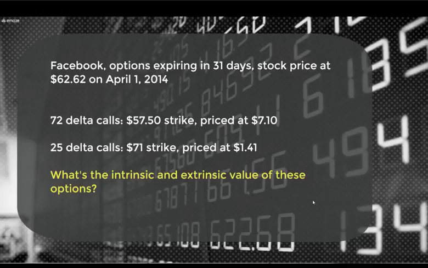But if we look and we combine these, what do you think the intrinsic value of these options would be? So the 72 delta, what do you think that intrinsic value is with the stock at 62.62? I'll give you a few seconds to calculate it and enter it in the chat box if you like. It's a good little stopping point because of all the information that we've put together, and I'll get a drink of water as well.